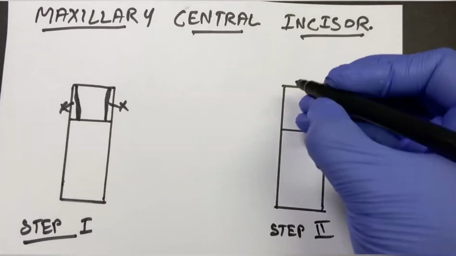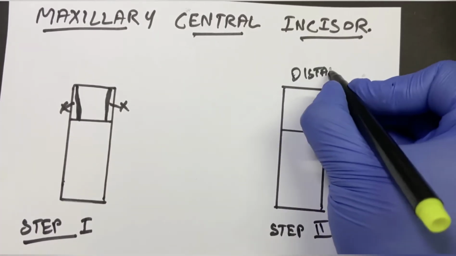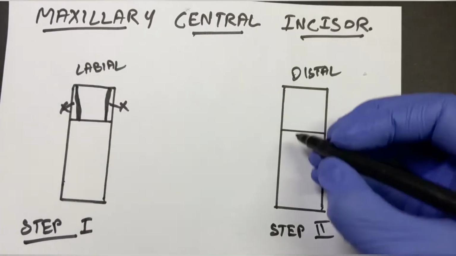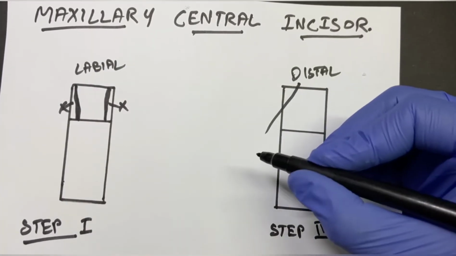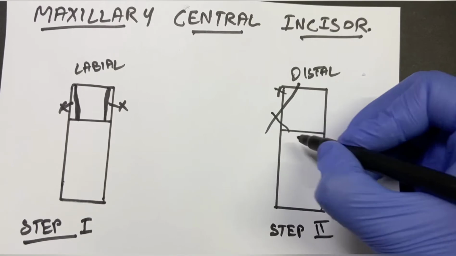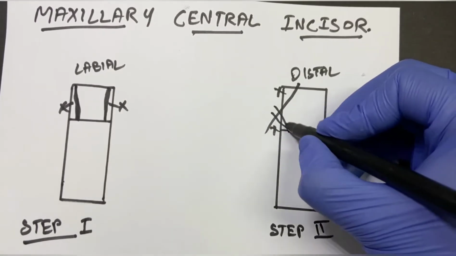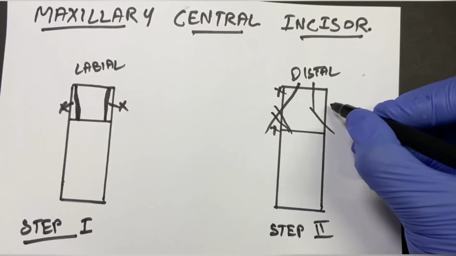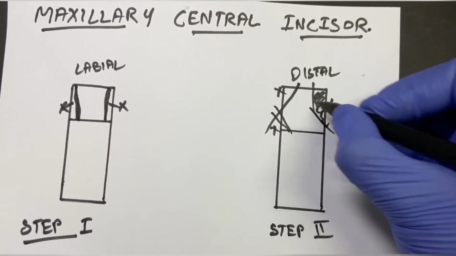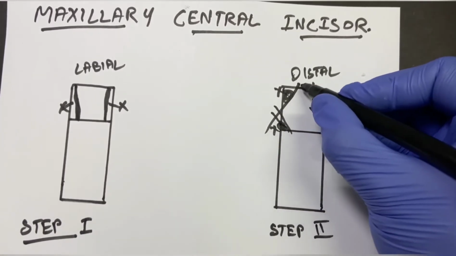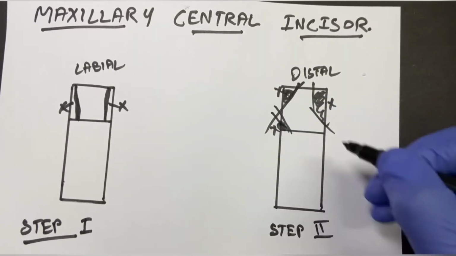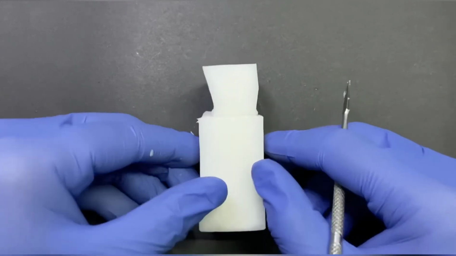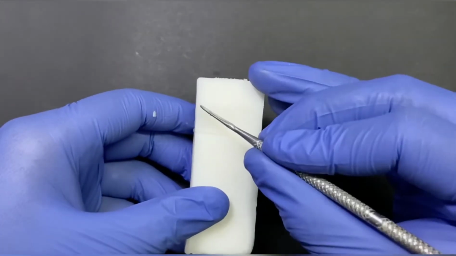Coming on to step 2. Here in step 2, what we'll be going to do is, we'll be viewing the tooth from the distal aspect and making up the labial and the lingual area. Left side being the labial area. Here we are making the COC at the junction of the middle and the cervical third. On the right, you can see the lingual area. And this particular area, the lower area, is termed as the cingulum on the lingual aspect.